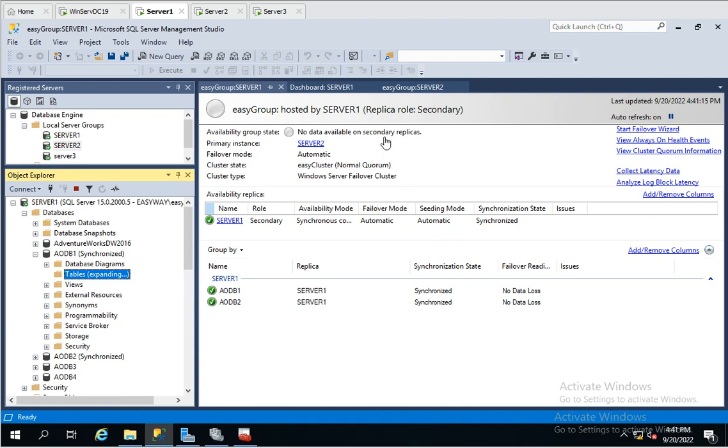So from here you can see the server 1 and the role is secondary at this time. So the primary one is the server 2 and the secondary one is the server 1. So if you do another failover from here, it will go back to our previous state. So what does it mean? So the server 1 will be the primary and the server 2 will be the secondary. Okay,